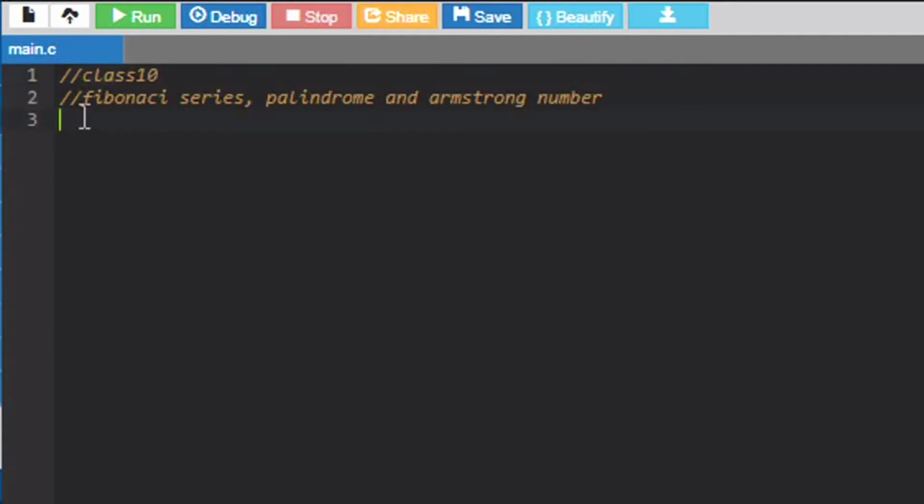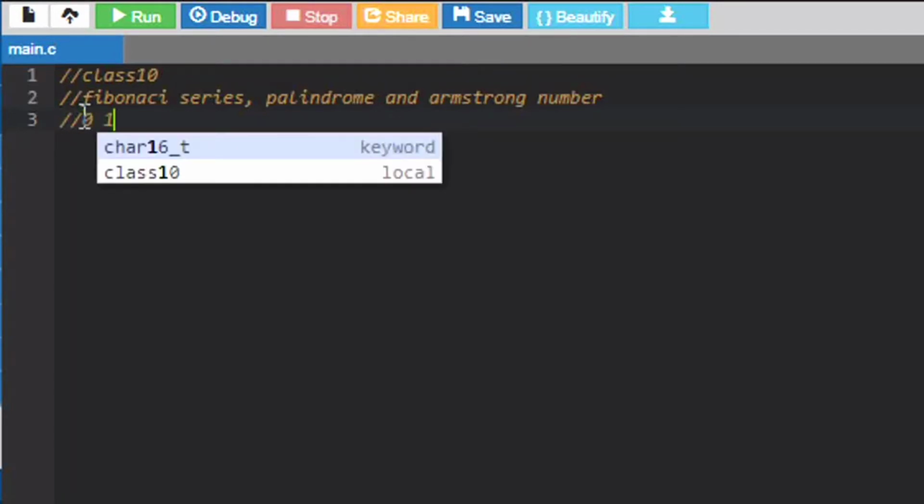So what basically Fibonacci series is, we would be having two numbers, 0 and 1. We are going to add these numbers, we will get a third number. Then we are going to add this third number with the second number and we'll get another number. For example, if our starting numbers are 0 and 1, when we add these numbers, we get a third number, 1.